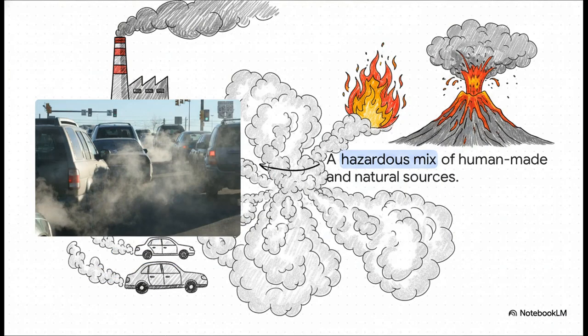So where is all this actually coming from? Well, it's a pretty hazardous mix. On one hand, you have human-made sources just pumping emissions into the sky. Think of vehicles idling in gridlock, massive manufacturing plants, or industrial power grids. But then that combines with natural sources that we can't really control, like smoke from raging wildfires or ash from volcanoes. Honestly, it's kind of like a giant invisible soup trapped right over our cities, with exhaust fumes and wildfire dust as the main ingredients. When they merge, they create a highly toxic atmospheric cocktail.